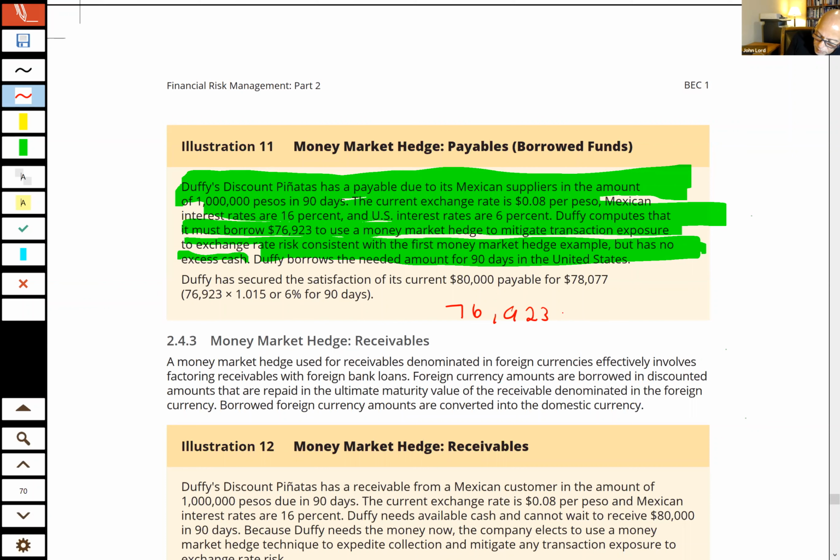But I'm going to have to pay interest on that of what? 6% for 90 days. And on the CPA exam, when you're calculating interest like that, just use a 360-day year because they're assuming that every month has 30 days in it, all 12 months. So we kind of assume a 360-day year. And so when you do the math on that, guys, that's how they come up with the interest here that you're going to have to pay, which is